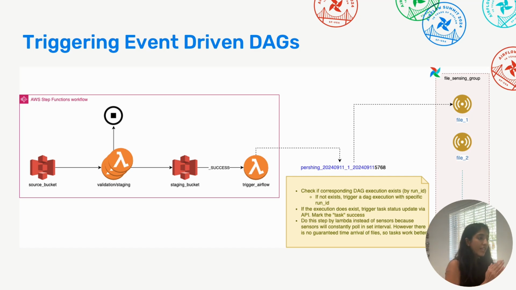So on the left side, if you see the trigger Airflow process, all it's doing is, once it knows what file and what source have come in, it will orchestrate this run ID for the DAGs. And for that run ID, it will go to the specific DAG name and try to find an execution with this run ID. If that execution already exists, it will go inside the execution, find a task with that name for that specific file and mark it success via Airflow APIs. It's basically updating the task status. If the execution does not exist, it will create a new execution and then go and mark the task status